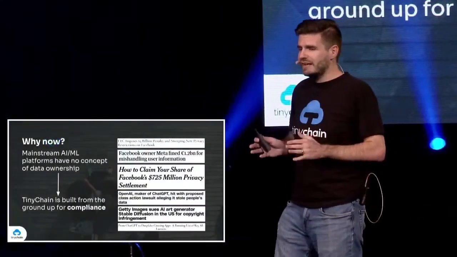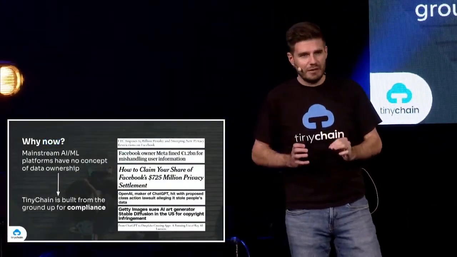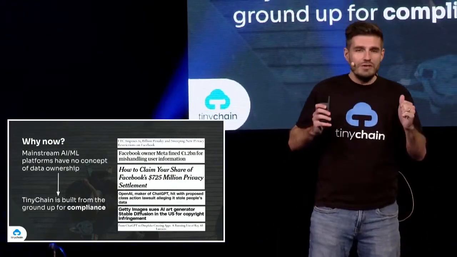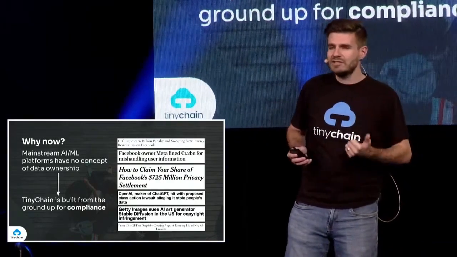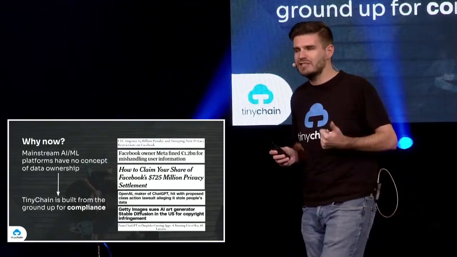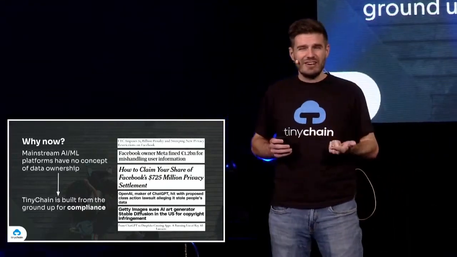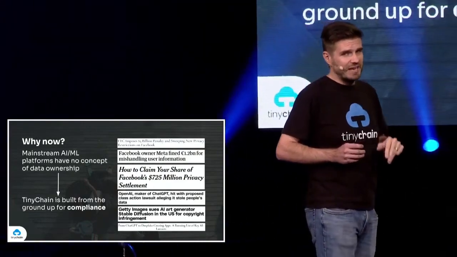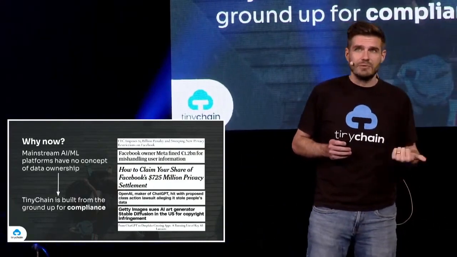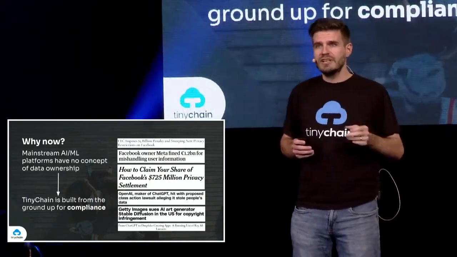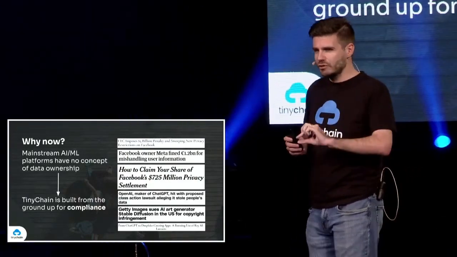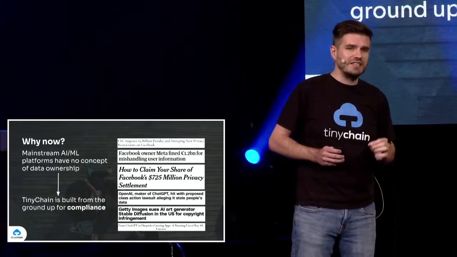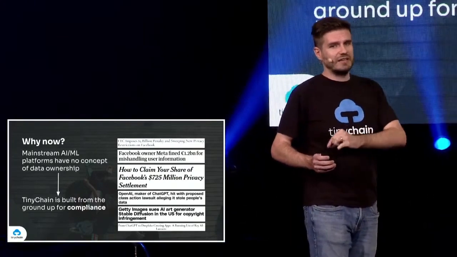Those problems that TinyChain solves are big unsolved problems in the industry. I'm sure you've all heard this year about ChatGPT. What you may not know is that when it came out, ChatGPT was actually banned at a lot of big companies. It was even banned for a while in the entire country of Italy. Even the enterprise version of ChatGPT is still banned today at a lot of big companies like JP Morgan Chase, Goldman Sachs, Northrop Grumman, companies that have very specific regulatory requirements for how they share data, even within the company. And that's because ChatGPT does not keep track of the data that it collects.